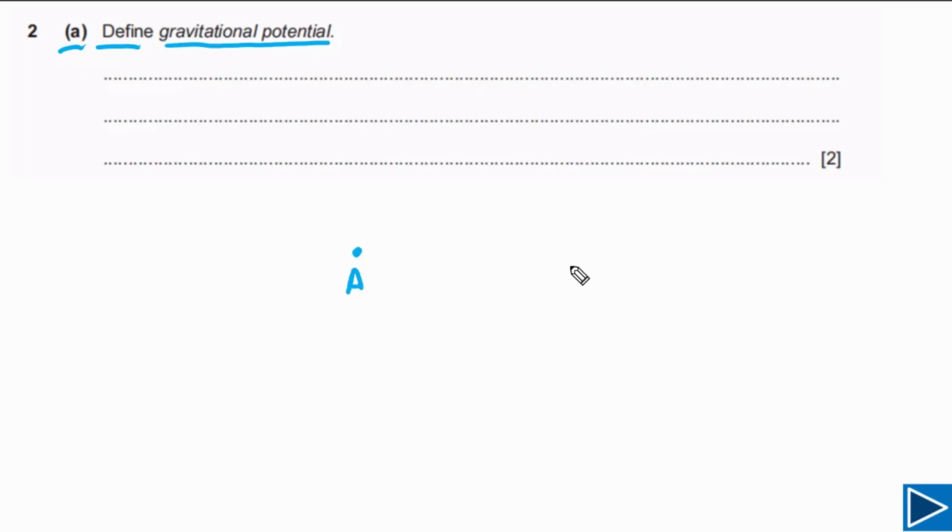Imagine that we have 2 points. Let's say we have point A and here we have point B. You can also imagine that this is our planet. So these 2 points are in a gravitational field. Now, if we place a unit mass at this point with initial velocity equal to 0, and we move this unit mass from point B to point A, when it reaches point A, its velocity is